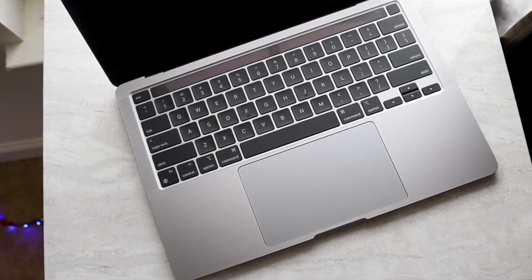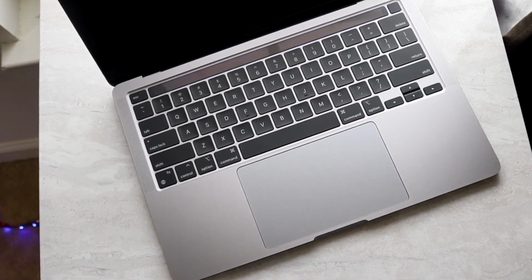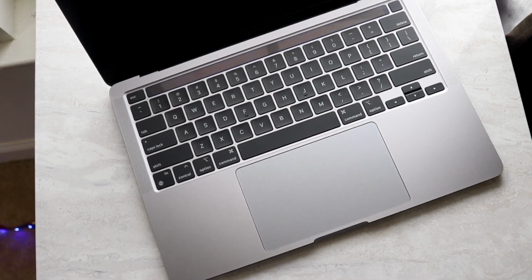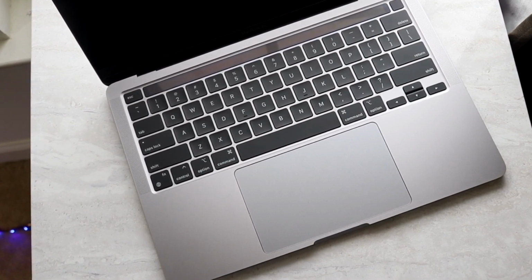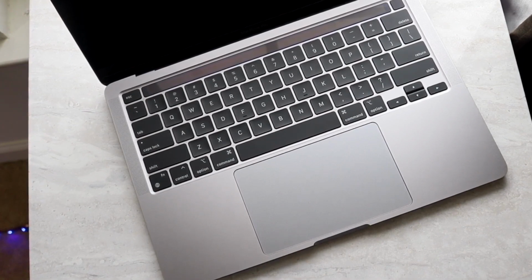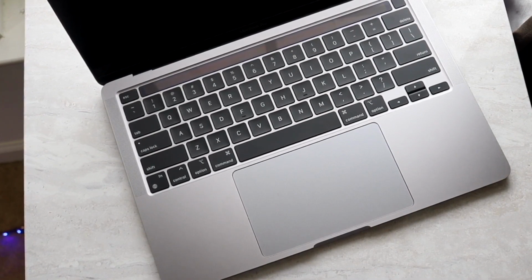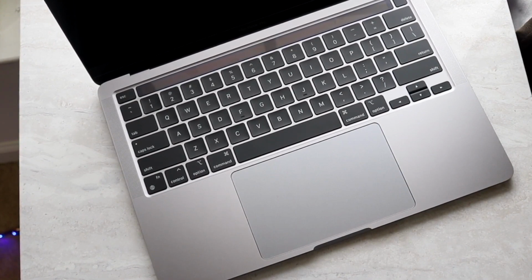It was a weird workaround, but I would essentially dock up my M1 MacBook Pro and then have my iMac right next to it, and then I could use it as almost like a dual monitor setup. It was better too because it was like having two monitors, but I was also able to use the power of my Intel iMac and throw some power into that stuff, and do some other tasks and not have to use the power within my MacBook. So it was kind of cool, but other than that, that was probably the only issue I really had with